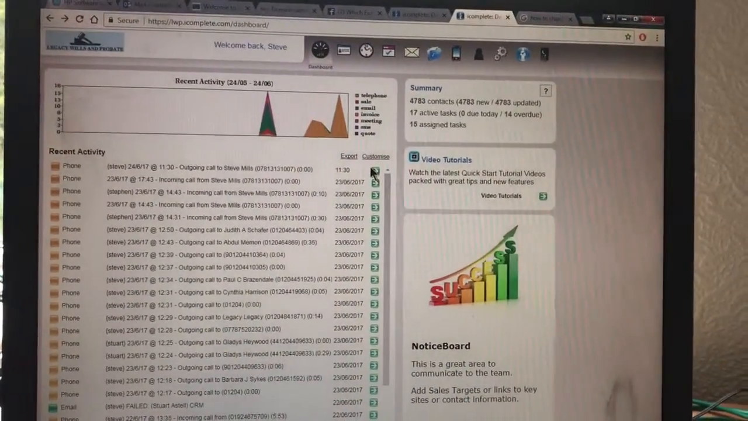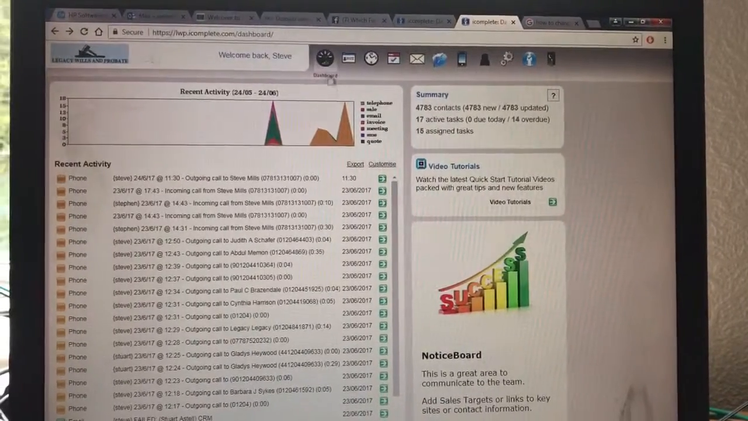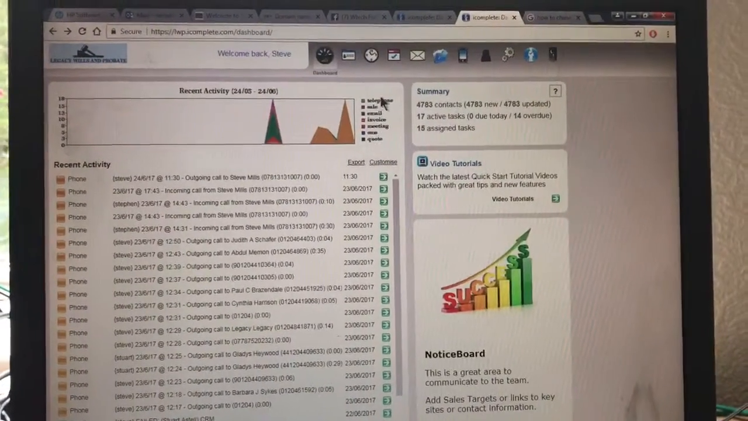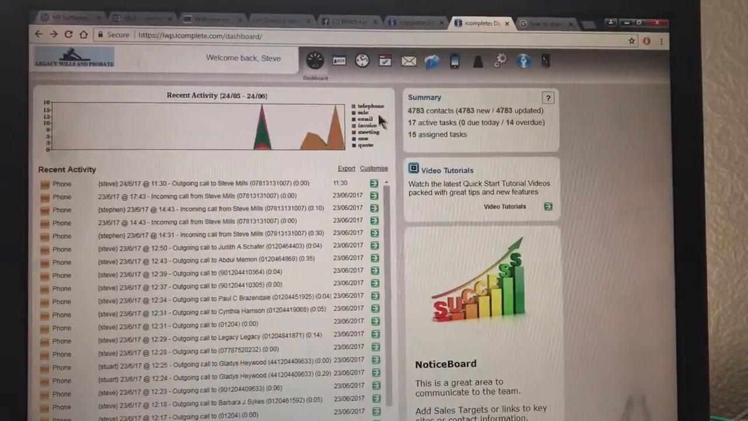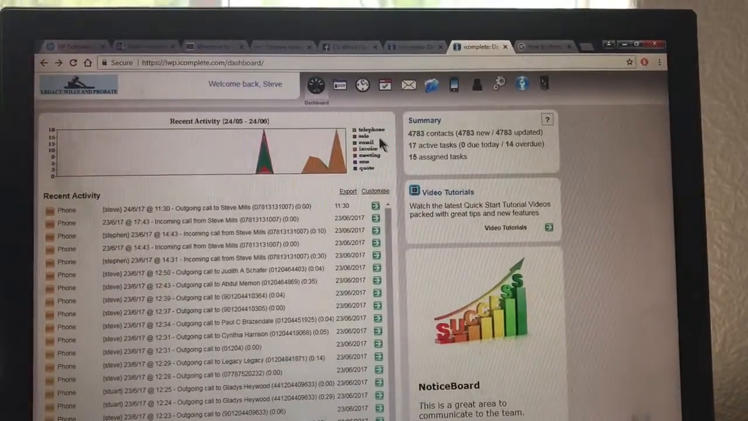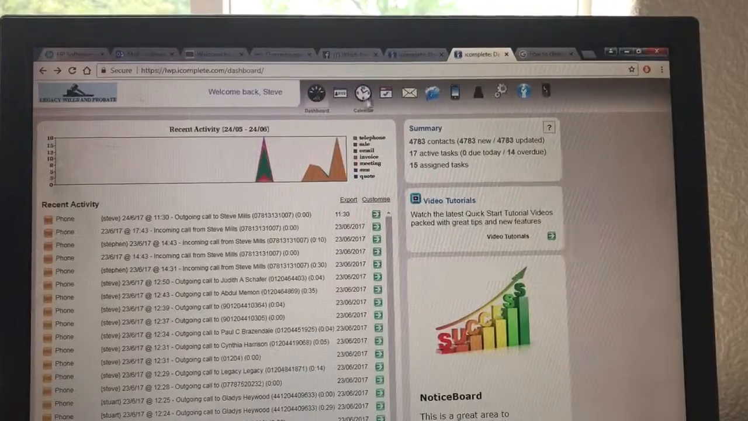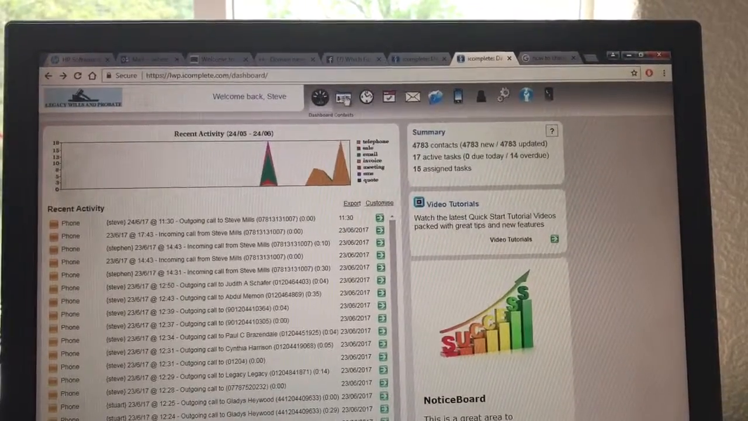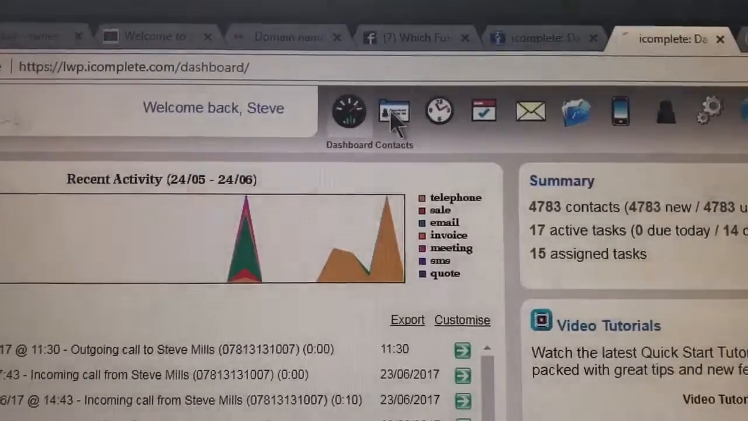Okay, this is the home screen that you'll see when you open up the CRM. You'll see that they're on the dashboard. So in relation to contacting contacts using the CRM and drilling down to the contacts that we want to identify from our 4,000 contacts, if you click onto contacts, just there,